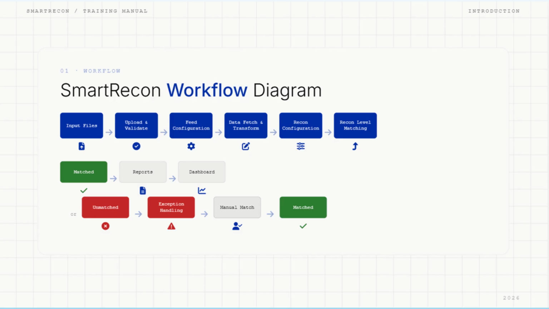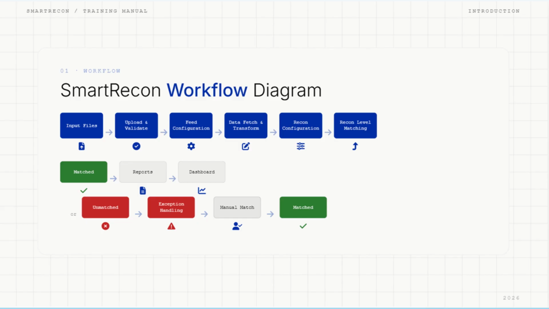Next, feed configurations define how source data should be interpreted, followed by transformation rules that standardize the data into a common structure suitable for reconciliation. Once the data is prepared, reconciliation configurations determine which business rules and matching logic should be applied. The reconciliation engine then compares records and separates them into matched and unmatched transactions.